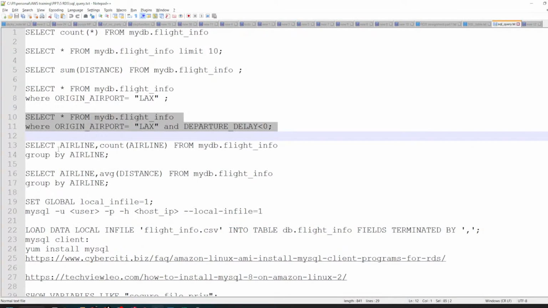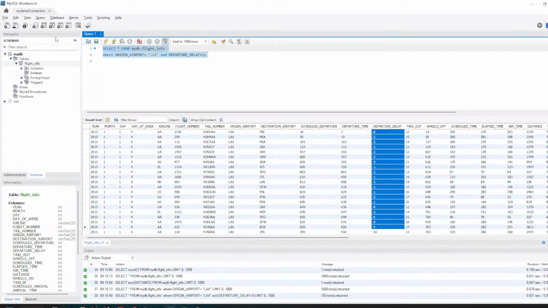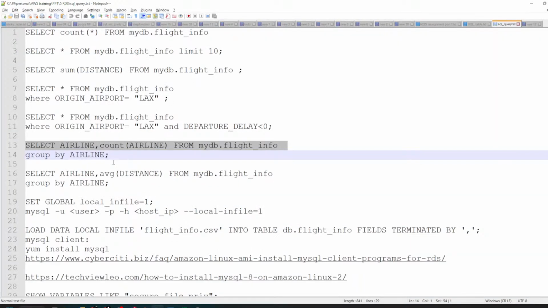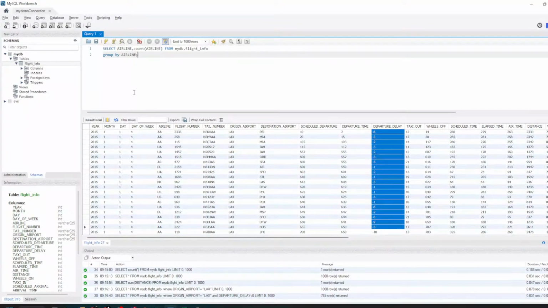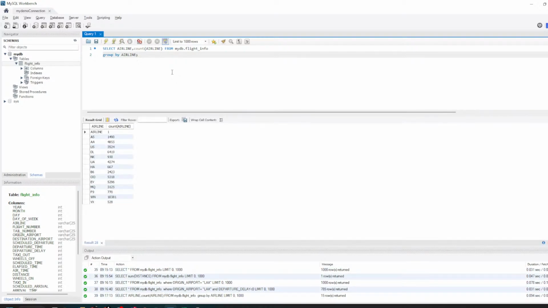Now I want all the flights by their company name. I need the number of flights of each company. This is the company name, the airline name. I want to get the count of all the flights taken by their airline name